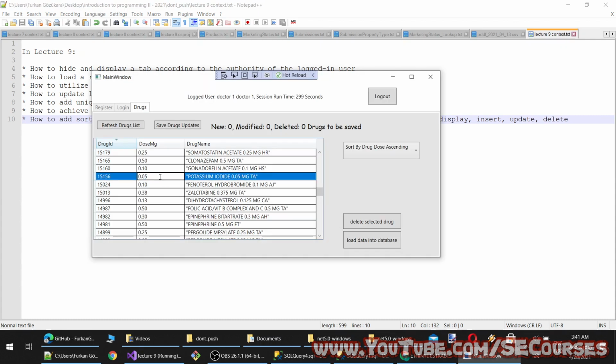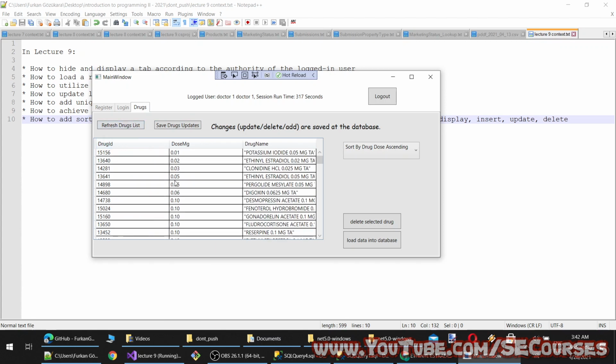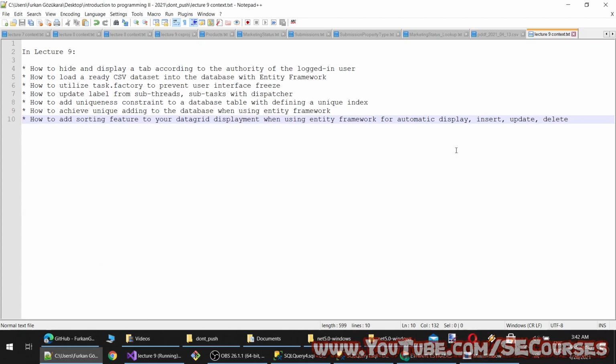I am going to make this as, let's say, 001 milligram. Okay, so it will be at the top. So this is 15 15 6 as an ID, and you see there is one modified. Let's save. Okay, save it. Let's refresh, and you see now it is refreshed in the database, so it is working.